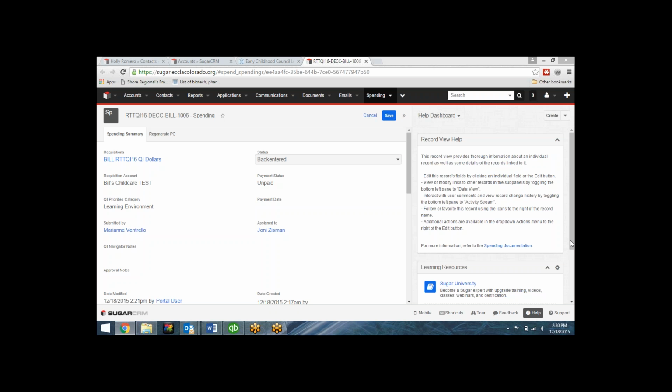So what that's going to do is it's going to generate an email that says, it looks like this requisition has a negative balance of -2 hours. If you'd like to allow that overage, then you need to transfer hours from your pooled council requisition for that funding stream down to that provider's coaching hours. Alternatively, you can also take that provider's QI dollars and convert some portion of those QI dollars,